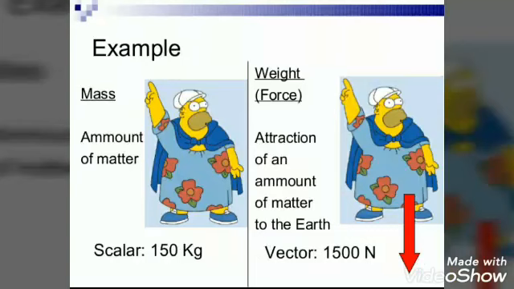Now the example for scalars is mass. It mentions the amount of matter. So the value 150 kg, the number 150, mentions a scalar. The example for vectors is weight, which is also known as gravitational force. It is the attraction of the amount of mass towards the center of the earth. The red arrow mark indicates the direction. 1500, the number value, indicates the magnitude. So next one is